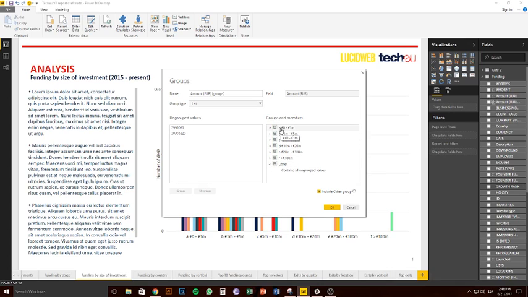Power BI struggles to know what these labels mean, so it doesn't know how to put them in the correct order, and there's not a simple way to do that. So I put these letters so that they go in the correct order, and that can be easily edited out in PowerPoint. This other column here, if you keep this selected, include other group, anything that you don't include here